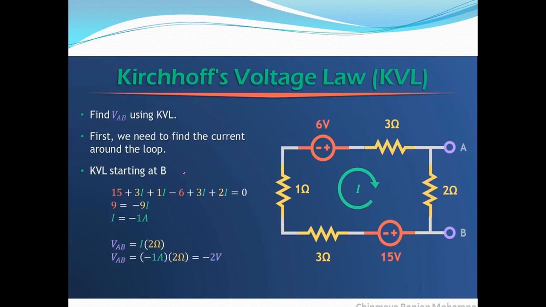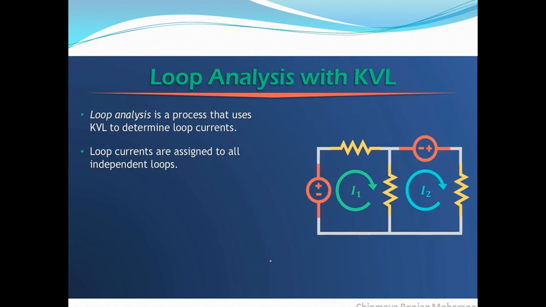So then we consider another figure, that is Kirchhoff's voltage law. As before, in the A B terminal we calculate the total current. Clear? By applying KVL. Clear? And the value of VAB we calculate as minus 2 volt. Okay.